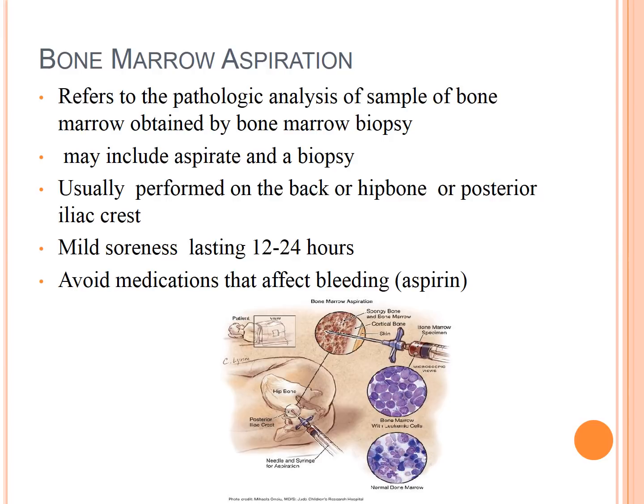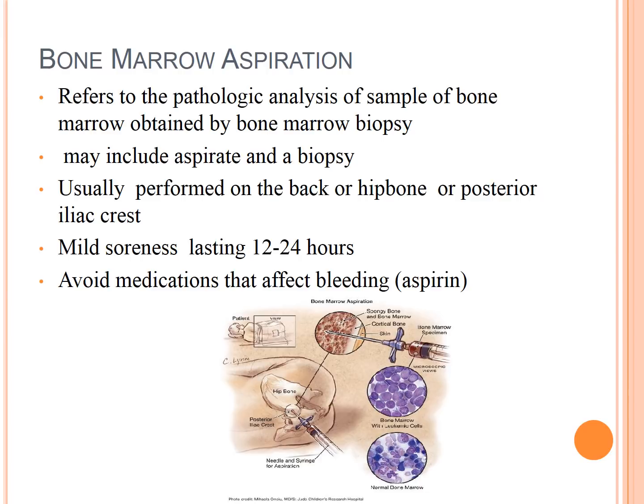So, how do we diagnose leukemia? Well, we have to look at the bone marrow, see what these cells look like, what is happening. So we can do a bone marrow aspiration. This means that you basically take a sample of their bone marrow. Oftentimes it is from their hip bone, posterior iliac crest. Sometimes it can be taken from their sternum, but you take a sample of their bone marrow and send it for a biopsy and pathology.